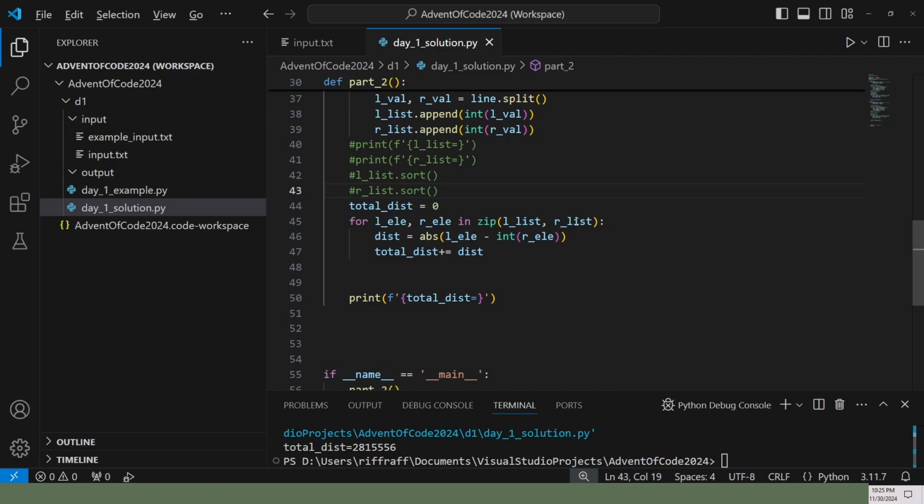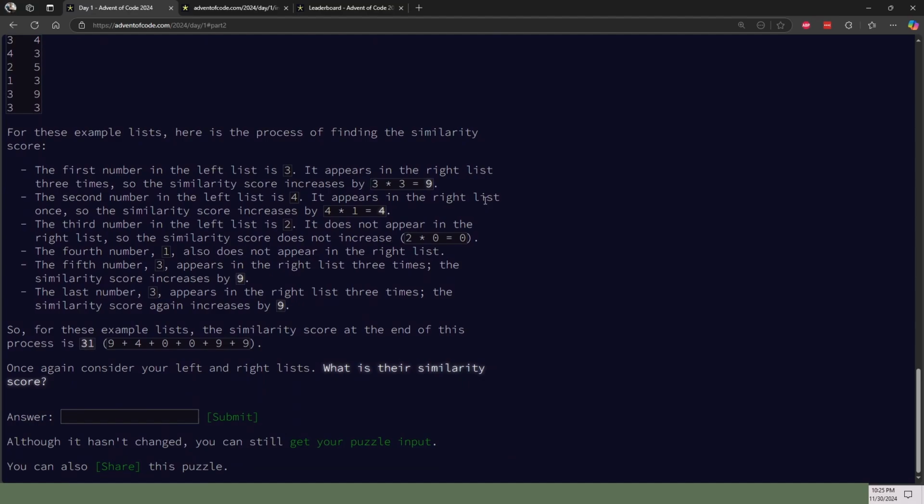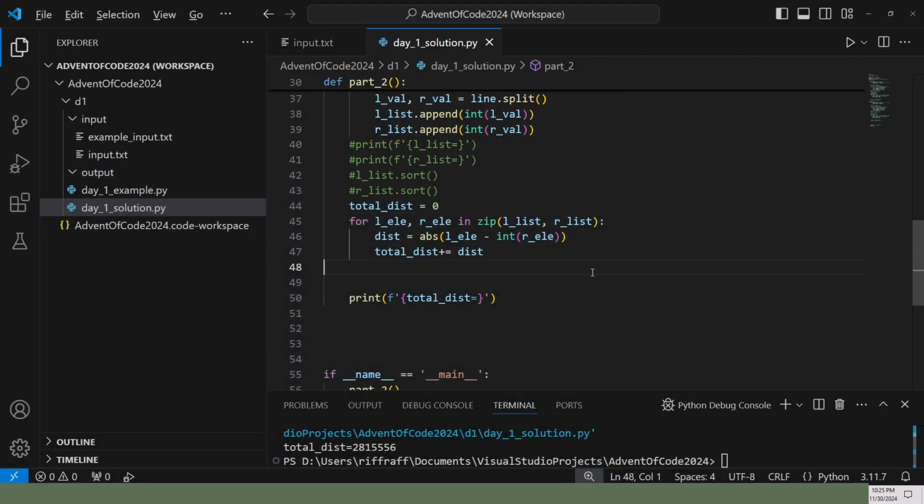So we're still going to work through each list. How do we only look at the first list? Okay, so we're getting the numbers from the list and the occurrences in the right list. So we're just going to start in the left list.